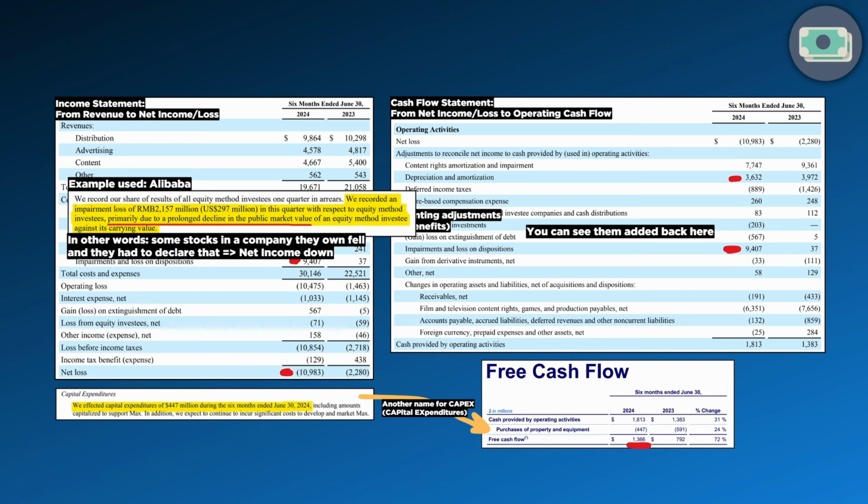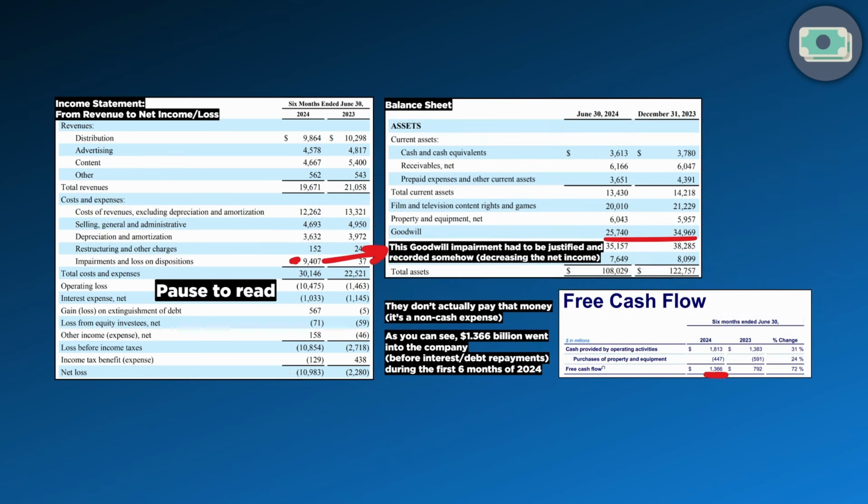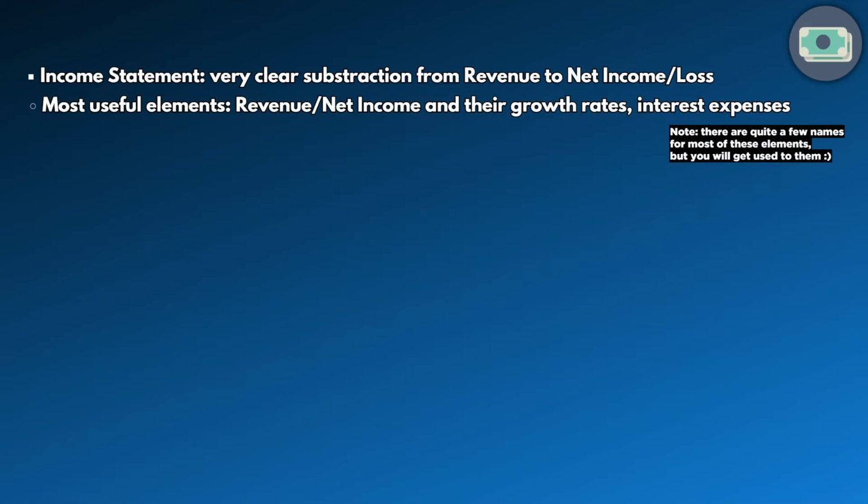Imagine if the company had some stocks in another company and that crashed 50% to, let's say, $500 million. Do they actually pay $500 million? No, but it's an accounting change that they have to do in the balance sheet and it has to be justified somehow. As a recap, the income statement is good for seeing a very clear subtraction from the revenue minus